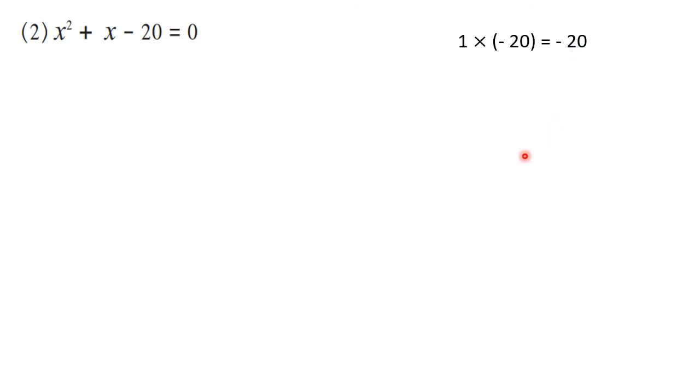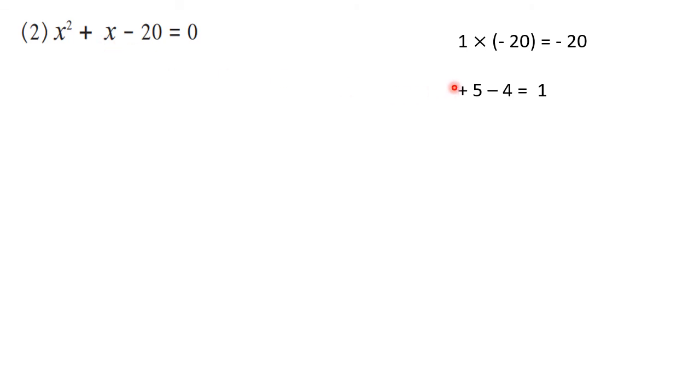The numbers are 5 and 4. Then we need to decide the signs. So again observe the middle term. The middle term is positive. That means the sign of the bigger number is positive and the sign of the smaller number is negative. So here the numbers are plus 5 and minus 4. See, here the plus sign is there, so the bigger number should have a plus sign. So plus 5 and minus 4. The answer is 1, which we want here.